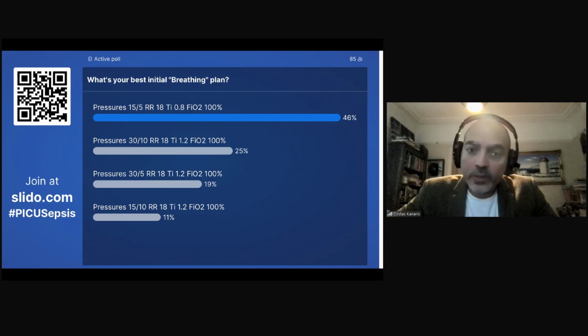But with those sort of numbers, it's a considerable concern for the team that she will not survive if she was to go to a conventional PICU. So you need a PICU that can do ECMO. So we had to make sure there was an ECMO bed available for us to take her to. Otherwise, she was unlikely to survive because she was on maximal ventilatory therapy at that time with poor oxygenation already